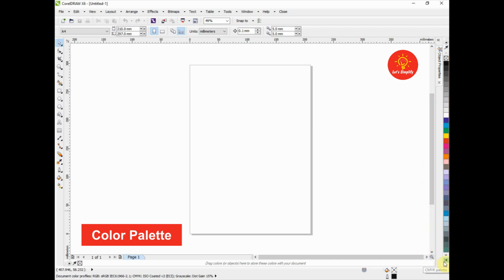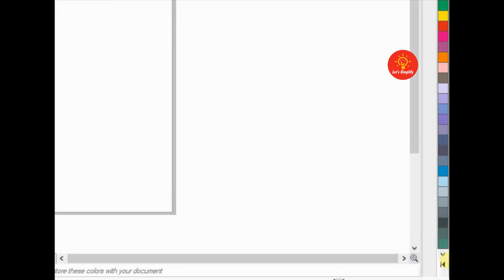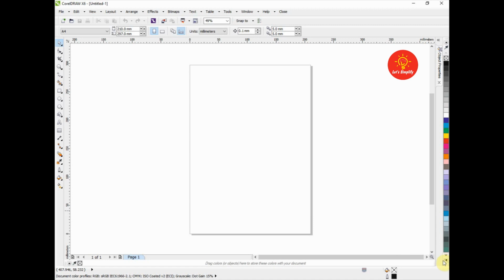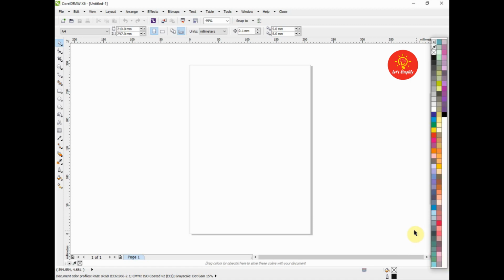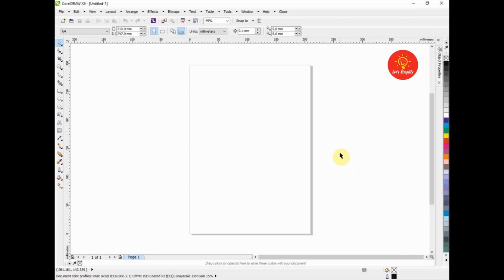And if we will click over this black arrow over here, let me show you. I will zoom over it. This arrow, if we will click over it, then we can expand our color palette. And if we will click anywhere outside, then the color palette will resize itself.